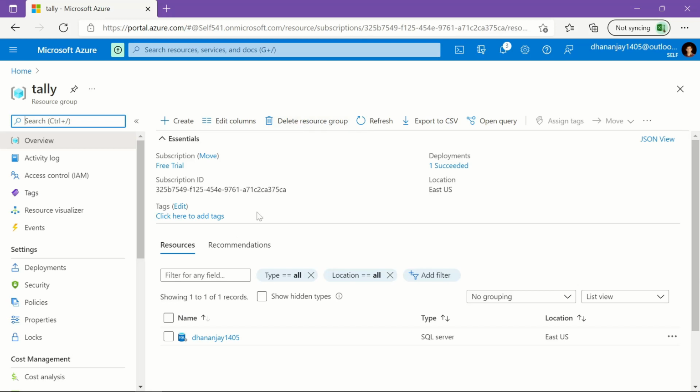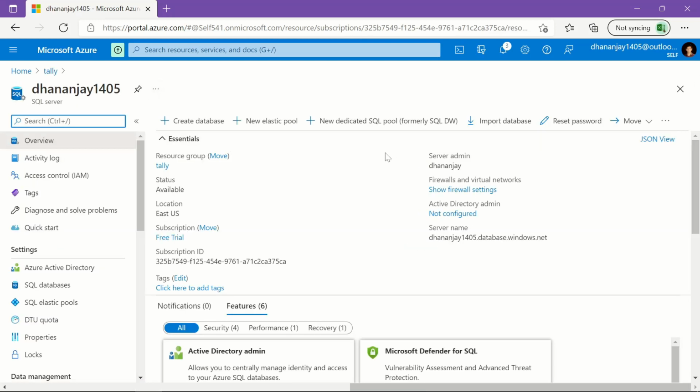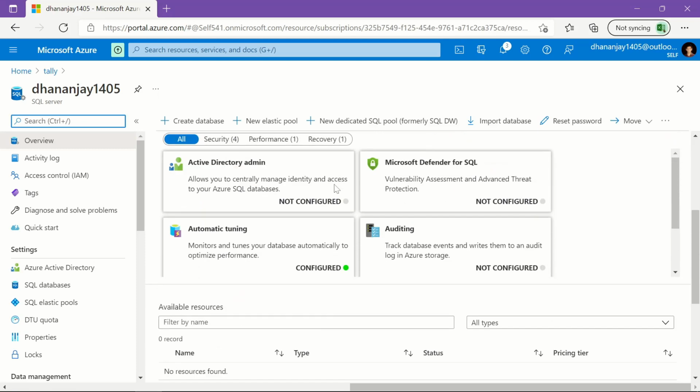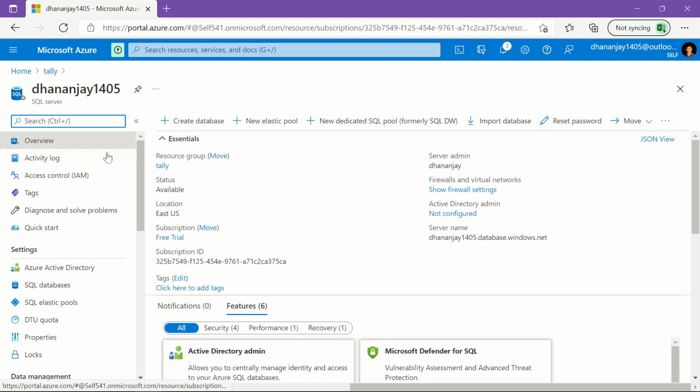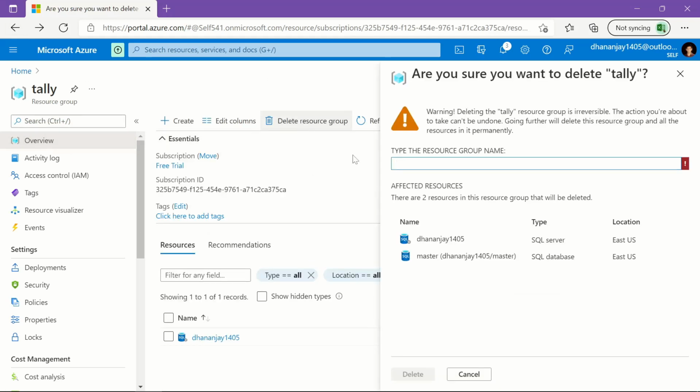Before that we also need to delete our server. So let us go to this and even delete our server. I think you need not delete the server. It will automatically delete. If you click delete resource group, you can directly delete servers also.